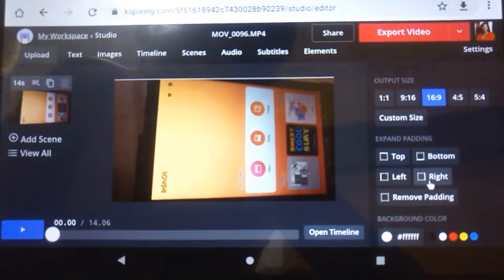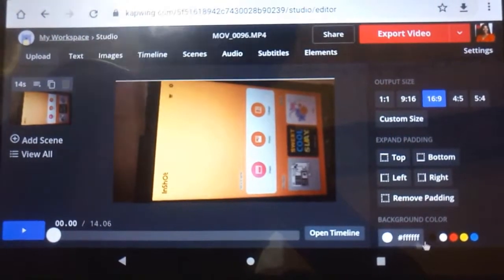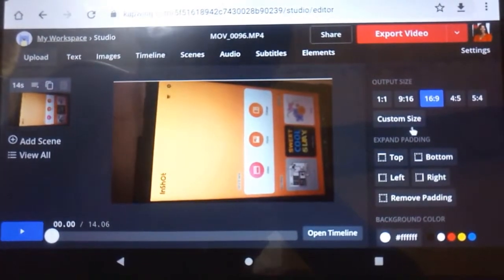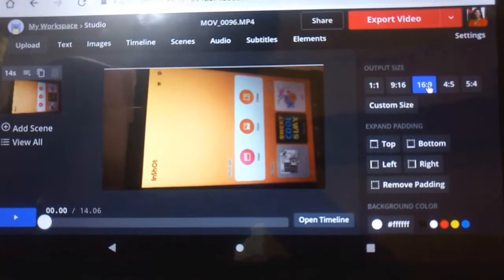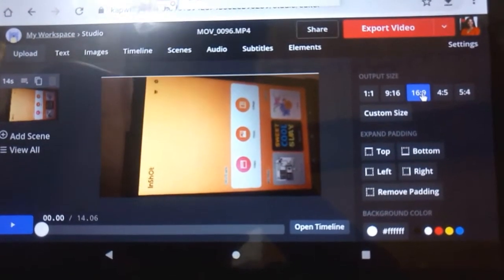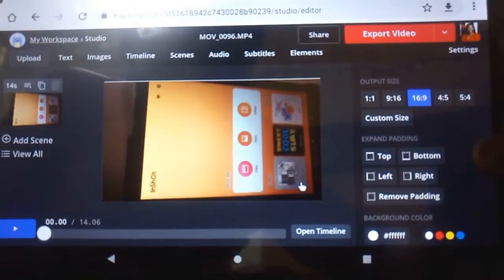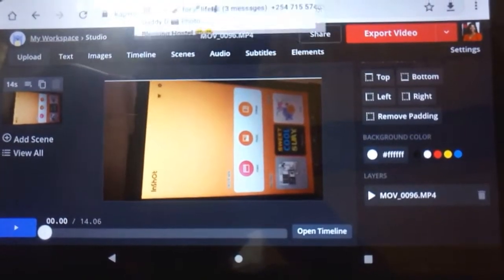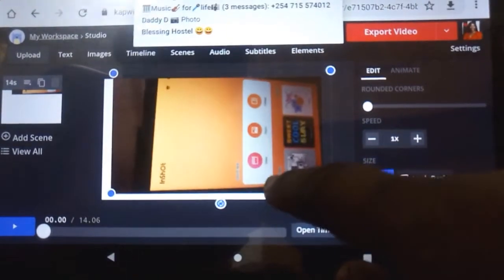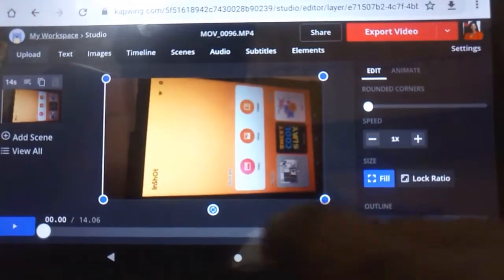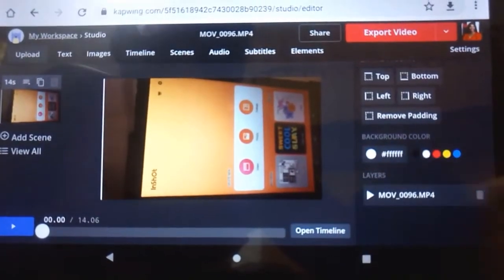And yeah, the background, I've told us earlier on, the color, if you want to put backgrounds there. So this is the size of the video that I made, 16:9, which is YouTube. So you go down. So we are going to go down, sorry, my clip, yeah, that is the clip I'm going to use.